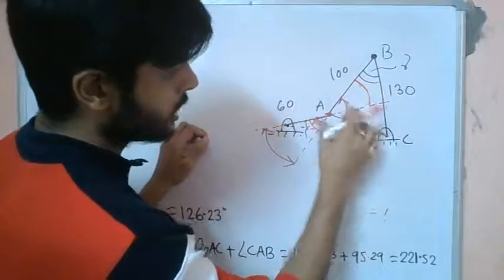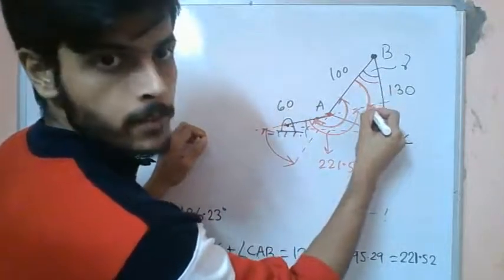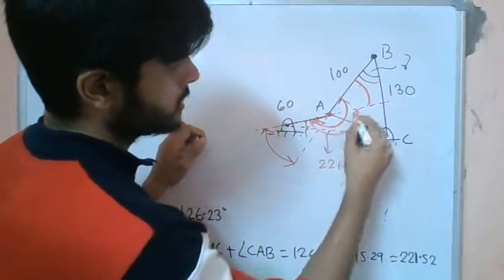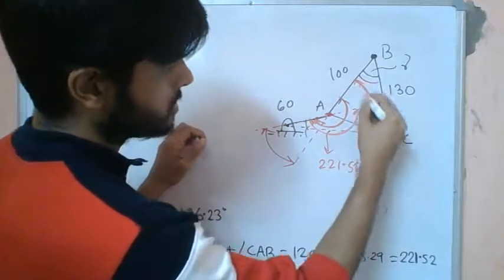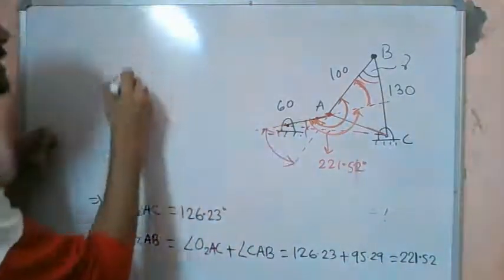So 221 minus 180 degrees gives us this angle, correct? So we have 221 minus 180 degrees, this gives us this angle, and once this angle is found, this is equal to this angle. So we have mechanical advantage as